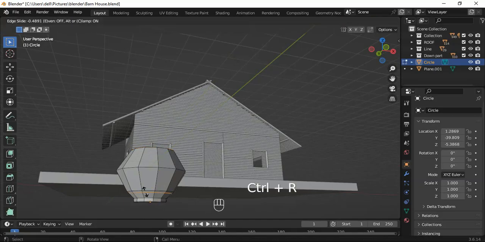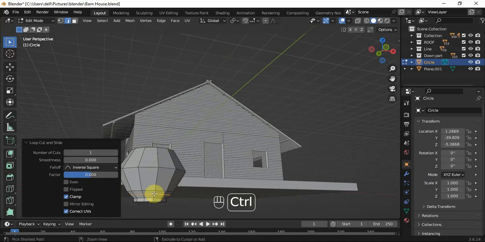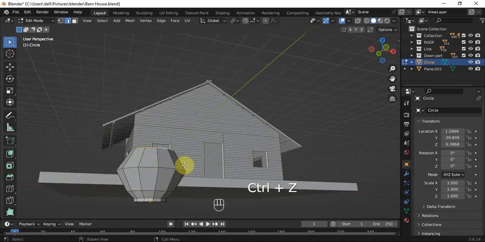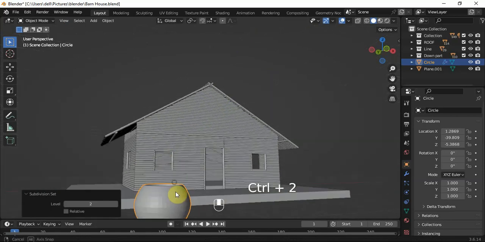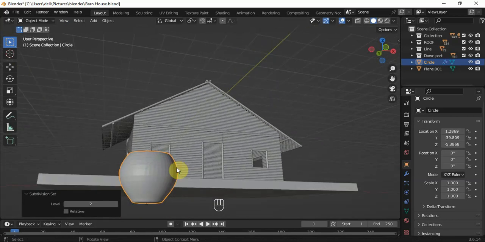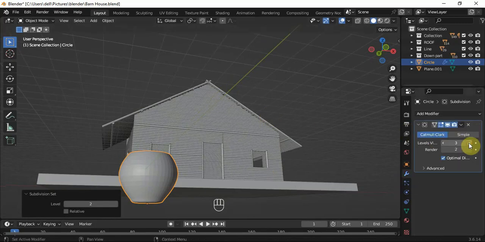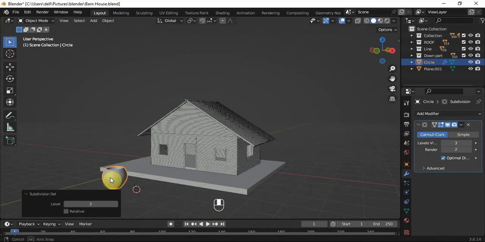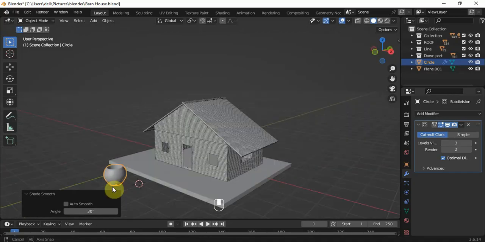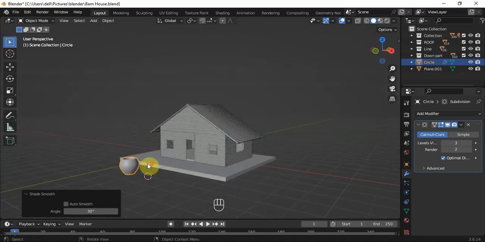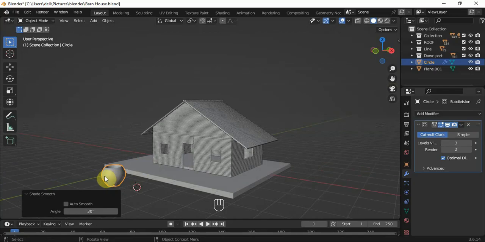Control R to support this edge, because now, for instance, if I don't have the loop cuts and I had my modifier Control 2 to see what it turns to, so I think we are good with this, so I don't need to add. Let me just make it free. I think I'm good. Yeah, it's beautiful. Okay, then Shift mode, so we have this part here. All right, so instead of me adding loop cuts, because if I had loop cuts, the edges is going to be sharp. So G,